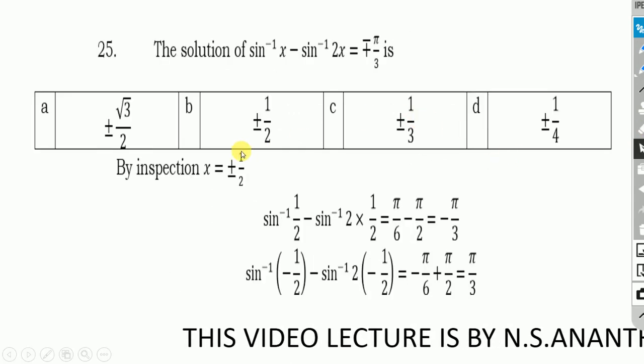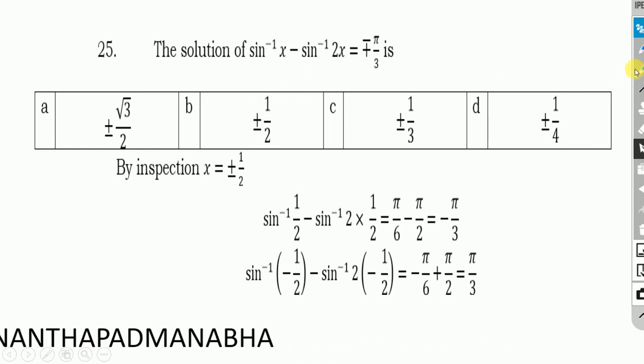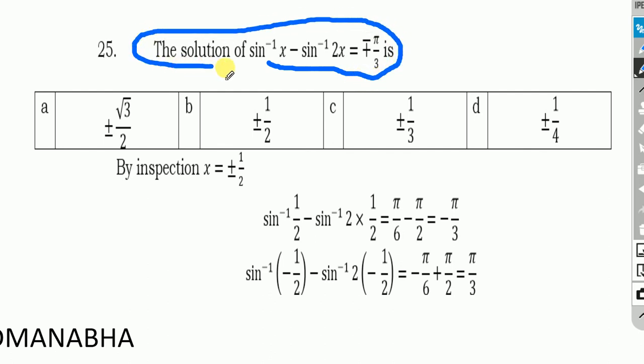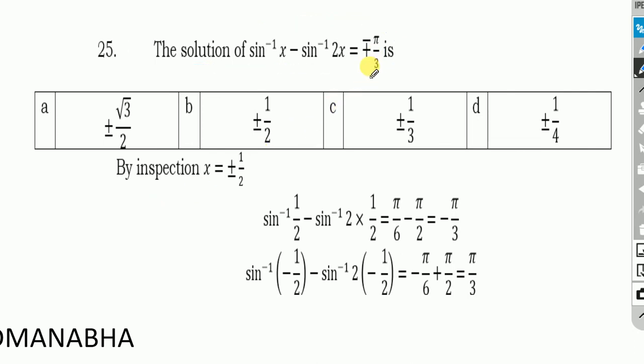The solution of sin inverse of x minus sin inverse of 2x is equal to minus or plus pi by 3 is. So let us go by inspection. I will not check all the options; you can do it leisurely. By inspection, x is equal to plus or minus 1 by 2 is the answer, because when I give x is equal to plus 1 by 2 here, sin inverse of 1 by 2,